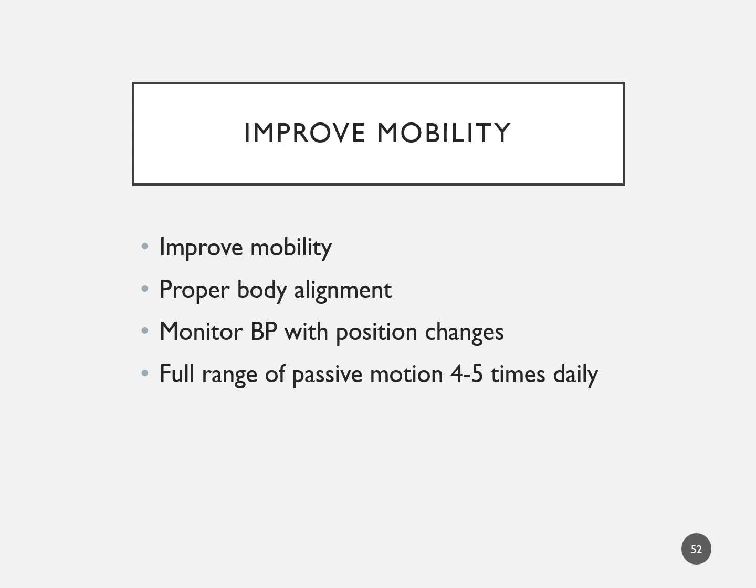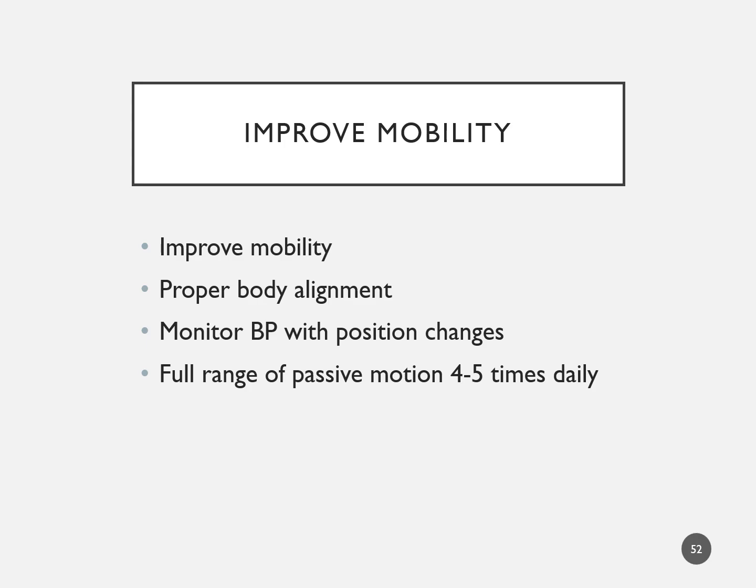You want to help promote any mobility that they can. You want to use passive range of motion if the patient isn't able to do it at least 4 to 5 times a day. You want to keep those joints mobile. You're going to monitor their blood pressure with their position changes. We're going to talk about orthostatic hypotension, and maintain the patient in good body alignment, especially those patients that have